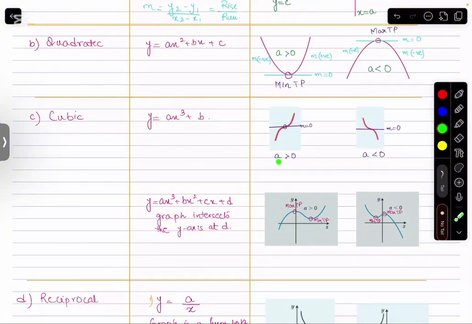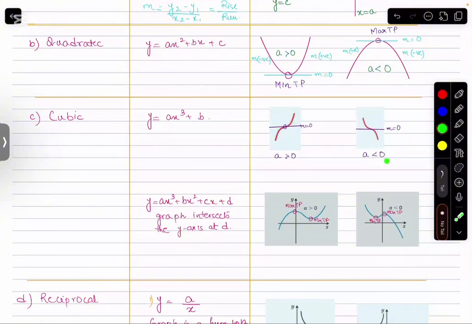If this value of a is greater than 0, मतलब अगर ये positive है, तो the shape of the curve goes this way, right? इस shape पे जाहिर है, like you can tell कि यहाँ पे you don't see a maximum or a minimum point, but there is a point जहाँ पर हम अगर tangent बनाते हैं तो उसका gradient 0 आ जाता है. Like this point here, if I make a tangent here, then the gradient here becomes a 0. A is greater than 0 here. And this is the shape of the curve. And I can see a greater than 0, it slopes up throughout, right? It is just sloping up.